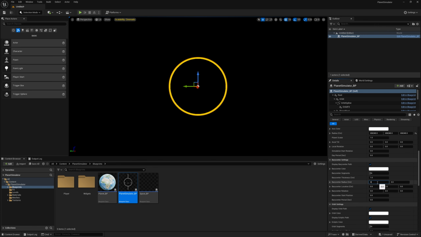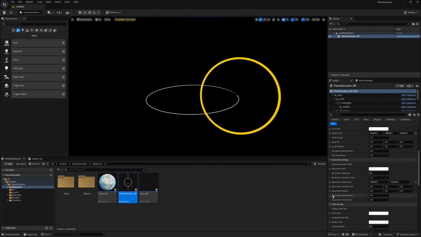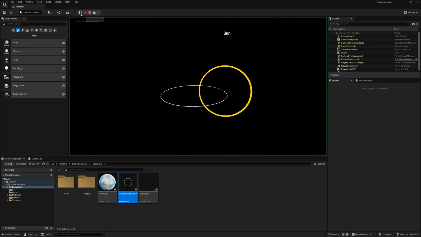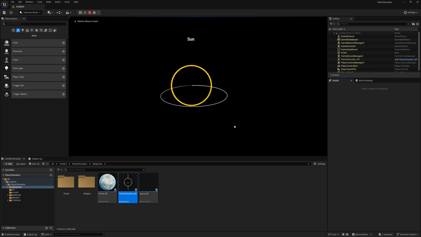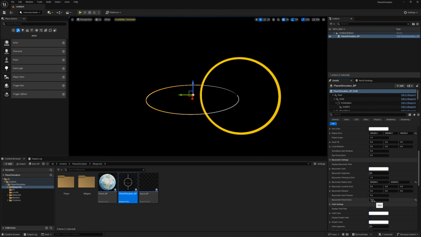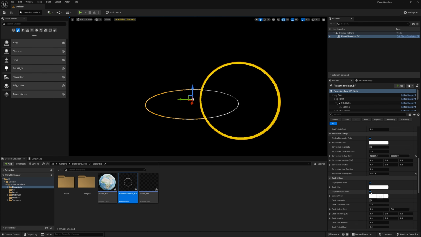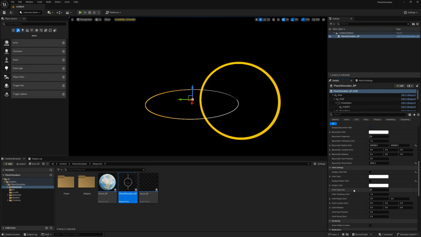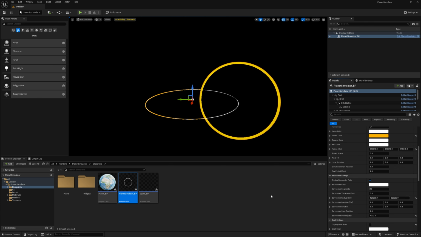According to my research, the barycenter of the Sun is 829,200 kilometers from its center, and I will enter this value reduced to centimeters. I will set the barycenter period to 10 seconds for now to check if everything is working correctly. I think this period is the same as Jupiter's complete orbit around the Sun, which is 4,332.3 Earth days. If I am wrong, please mention it in the comments. I will enter this value as 4,332.3 by taking 1 Earth day as 1 second. Since we will consider the Sun fixed at the center, we don't need the orbit settings.